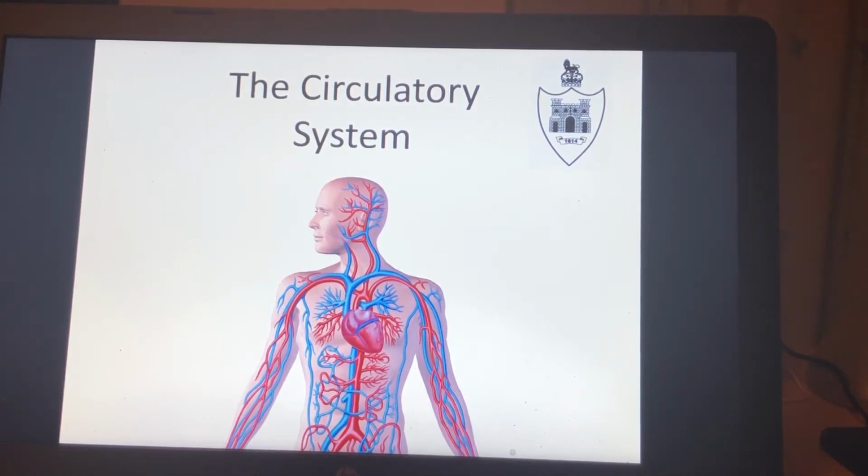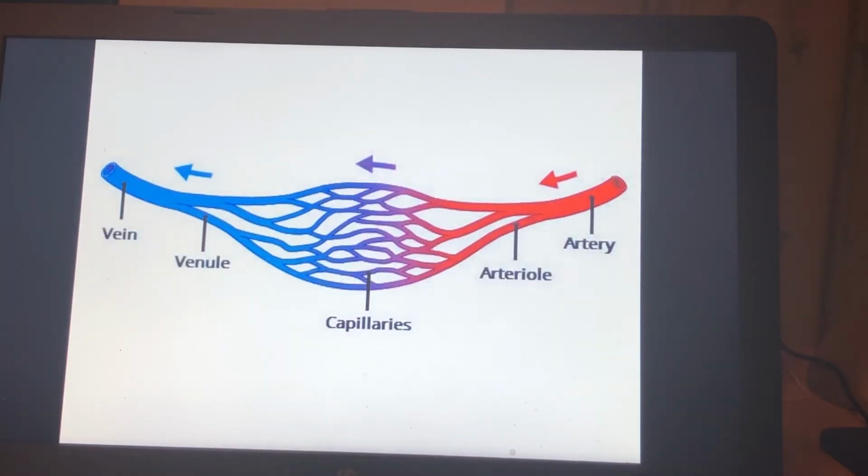Hello everybody. Following on from last week when we looked at the blood, we're now going to look at the vessels that make up the circulatory system. So you probably remember quite a bit from year 9, but just in case you don't, we're going to really start from scratch. So obviously there's words like arteries, veins and capillaries, and hopefully you remember that the arteries take